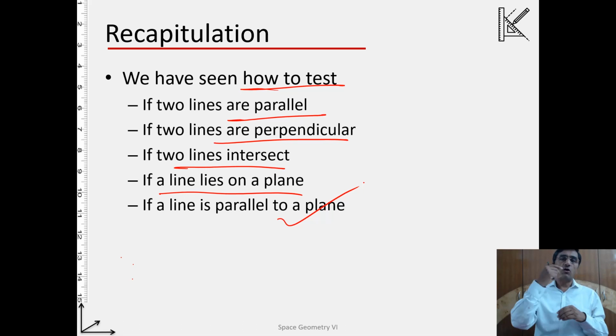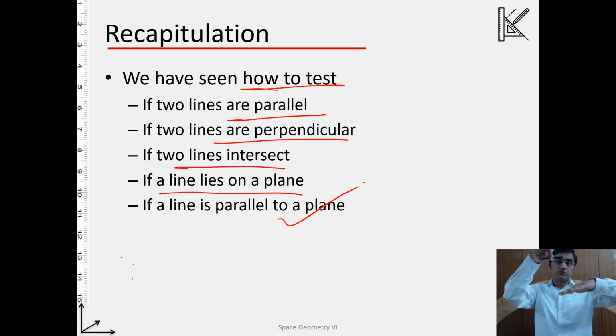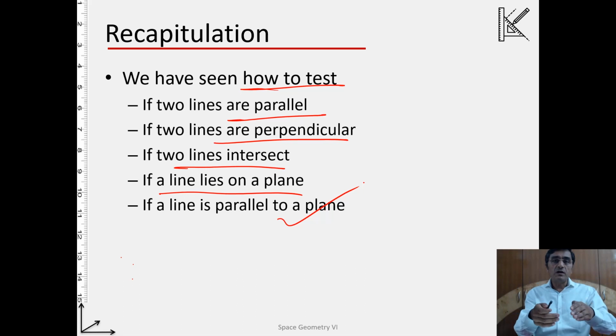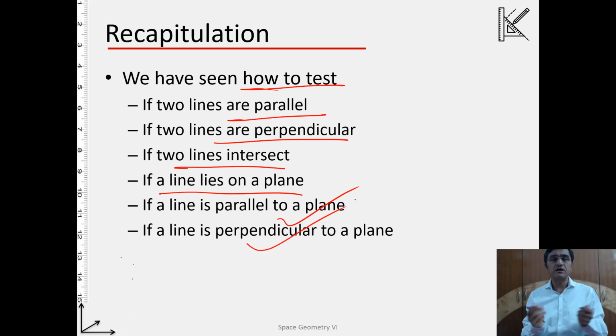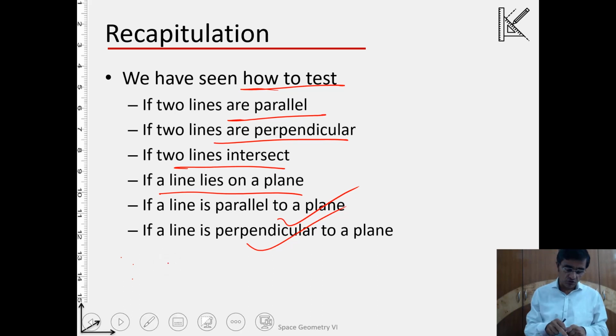On the horizontal projection, for example, we draw a line parallel to the projection of the line onto the plane on the horizontal view. Then we found whether these two projected lines, the line and a line that we draw on the horizontal projection parallel to this projection, are also parallel onto the frontal plane or not. So that way we can carry out the test. Then if a line is perpendicular to a plane, yes, we can always check it, because we will be making use of the edge view and the normal view of the line.